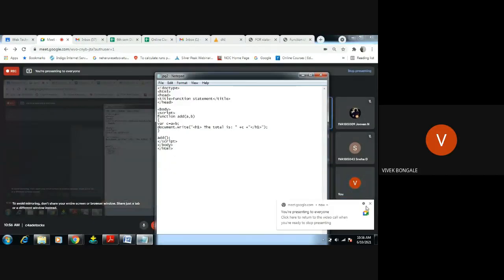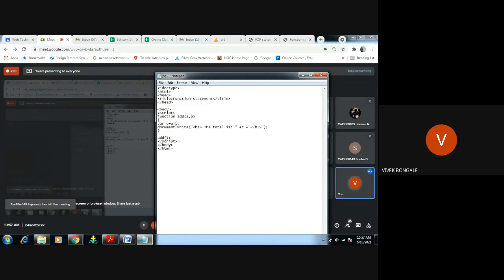Okay. See here, we're trying to use the parameter. We're going to set the parameters here, so add a comma b and give the two parameters. Where c equals a plus b, when a and b get their values, this part will get executed and it will display the value.